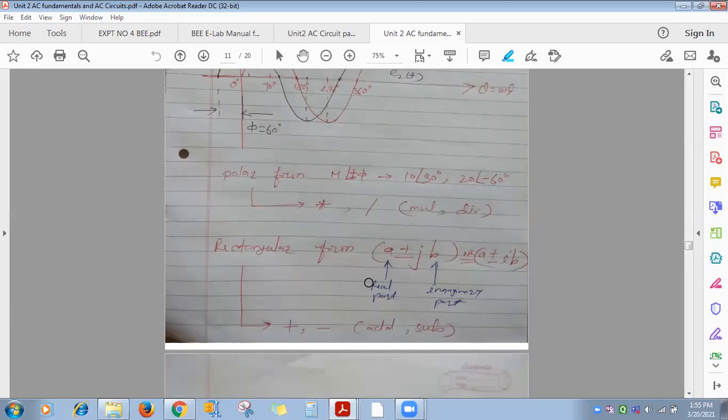Ma'am, can they ask the phasor diagram and graphical waveform in the exam? Actually, this exam will be online, your final exam. And whatever test I'll conduct, that also will be online. Online you can't plot graphs. But mostly numericals you will get asked on this. Mostly graphical representation will not be there, because how will you plot there, right? Text you can type.